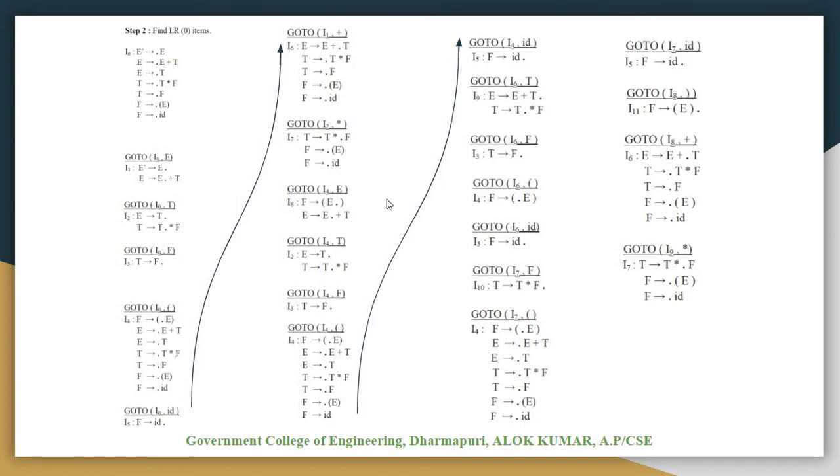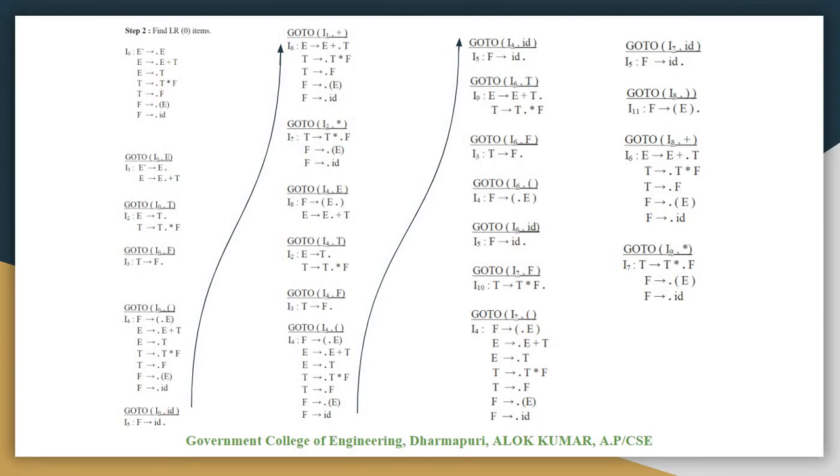That item will be F generating, and here you can see that the dot is coming at last. Okay, after that we will find plus, so plus dot, and we will find the closure of T and the closure of F, which we have already found, that is the I6 item. Okay, after that we will find goto I9 comma asterisk, so that will be the I7 item, which we have already found. Now when we check, no other production rule will be there in which the dot is not coming at last. Okay, so we have seen all.